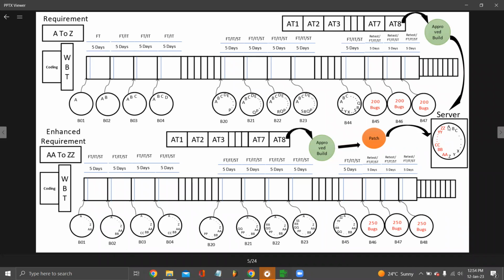Earlier release has A to Z. Current release we have developed A to ZZ. So if you subtract the earlier release product from this particular release, it will be cancelled, and you will only have AA to ZZ. That will be in the patch, and we'll deploy this patch to the production server. Are we clear,